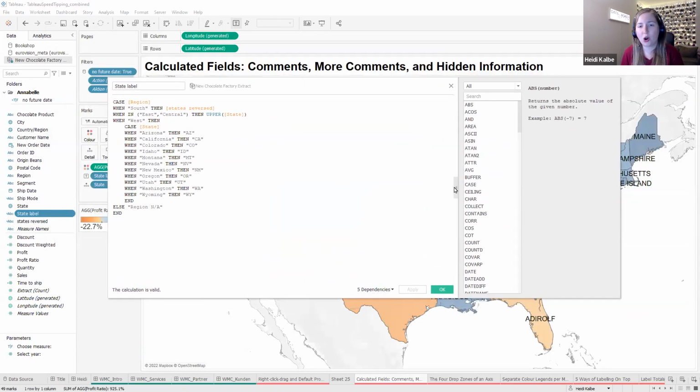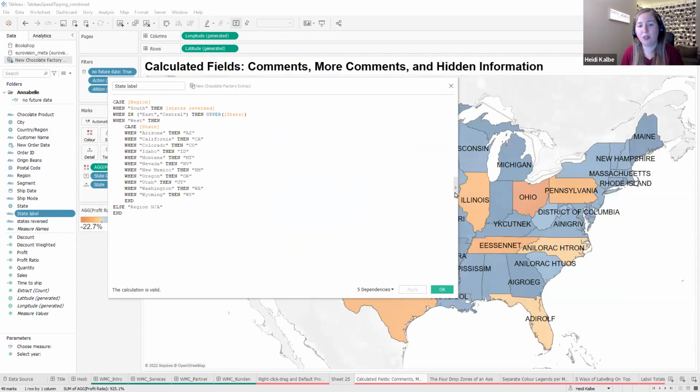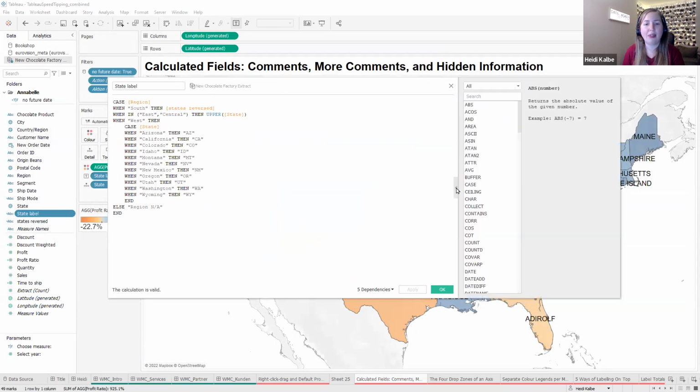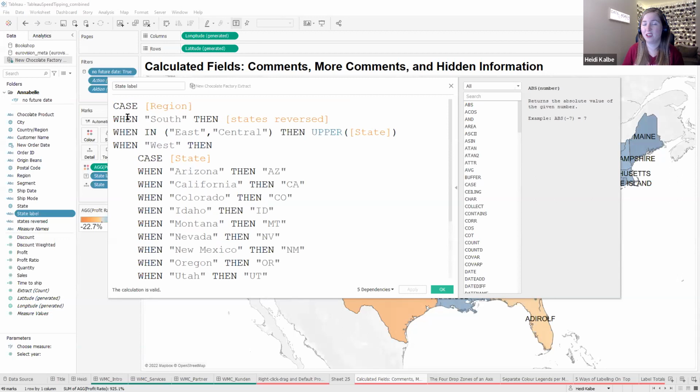One thing I want to say, always have this little triangle open on the right-hand side. I personally didn't notice this for the first 5 months of using Tableau, and this has saved my life and my sanity on several occasions. Also, if you click your control button and scroll, you can make this larger, which is especially nice with screen sharing sessions such as this, but also I'm too tired to wear my glasses all the time, so this has